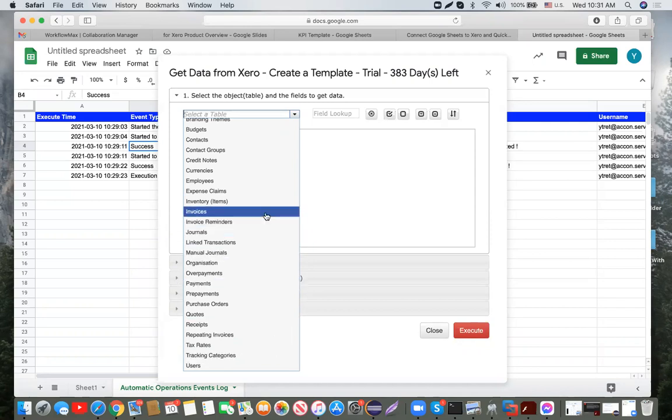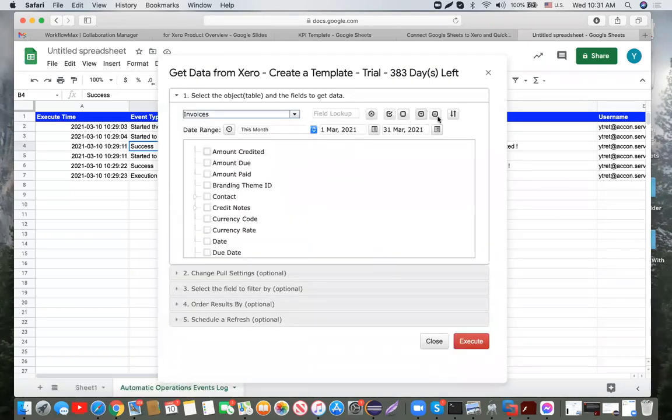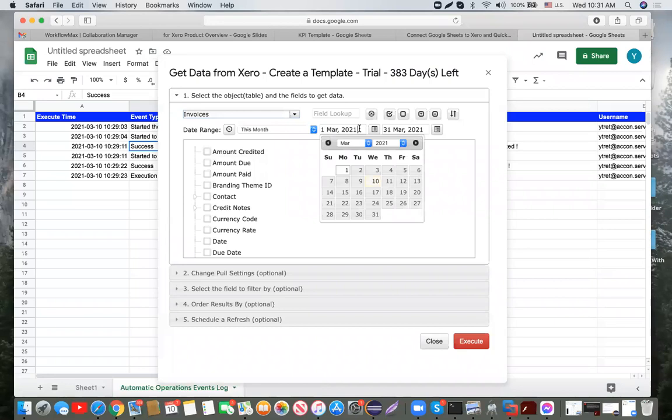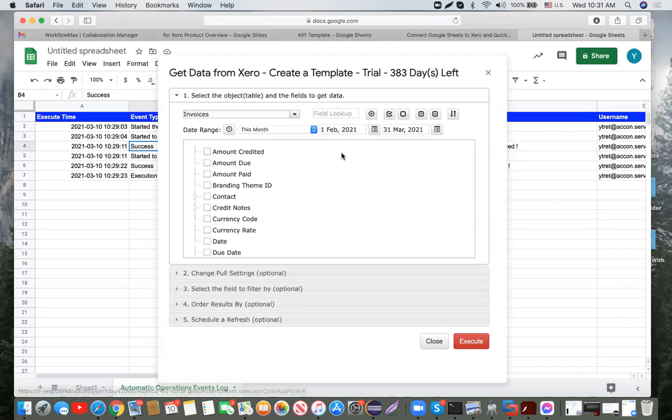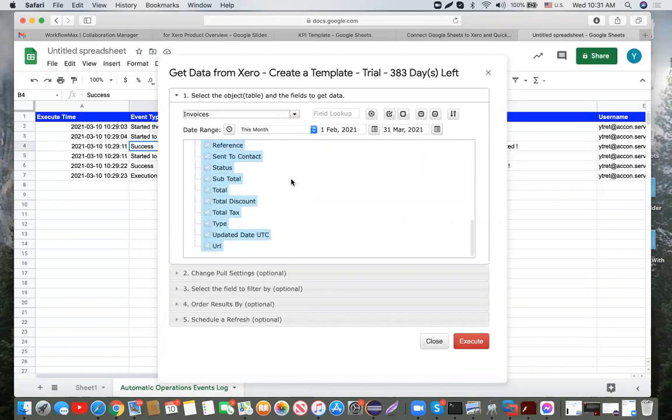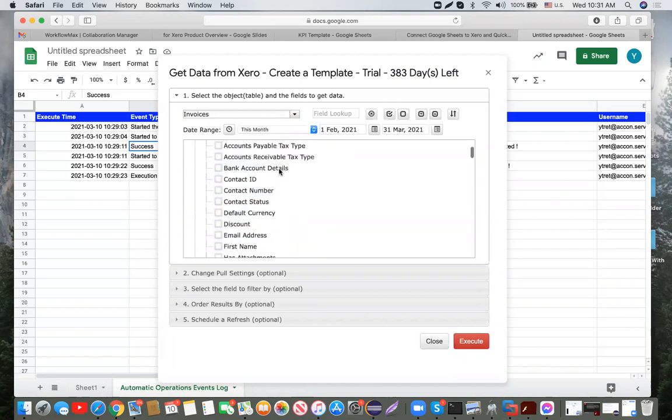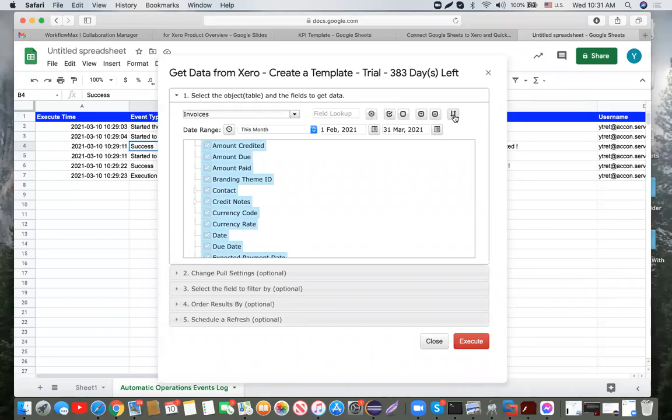I will choose invoices as an example. The same concept applies here. You have a date range. I will pull some invoices from February to March, it's my demo account. I can select everything, each and every attribute. This is how you build your query. So you can select everything or unselect everything. You open embedded objects here, and you see it gets opened right away. You close this. And the last icon is the most important icon,